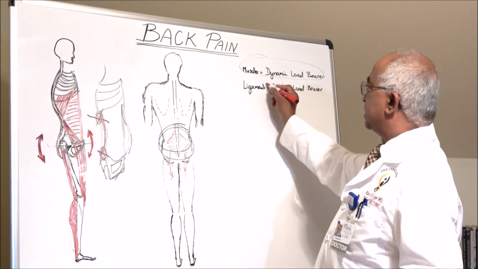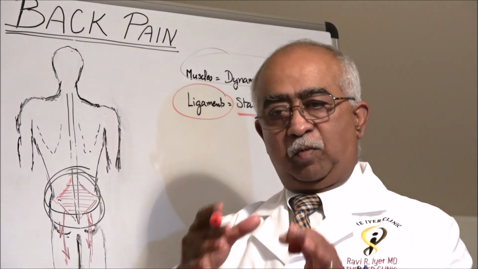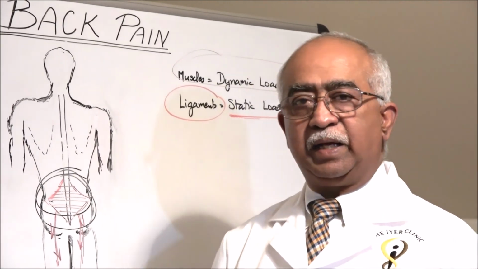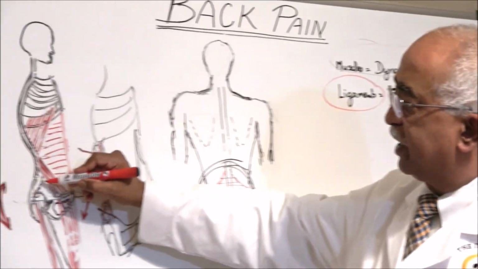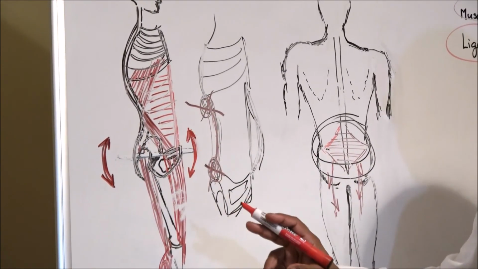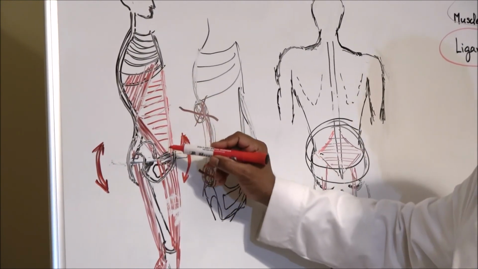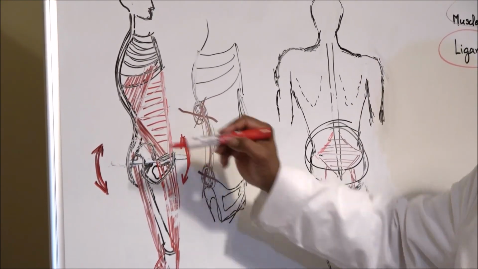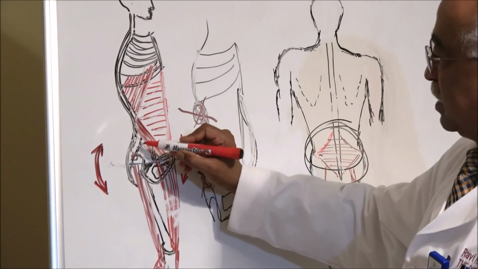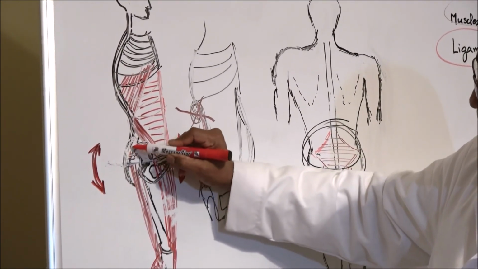By contrast, ligaments are static load bearers. That means if a ligament breaks at 100 pounds, it will break always at 100. It will not ever break at 110, and it will not break at 90. So ligaments are relatively fixed in their ability to hold our skeletal structure together. It's the muscles that hold them together through all the movements. And if these muscles are weak, then the brunt of the burden falls on the ligaments, and that's when the ligaments basically fail. And when that happens, there's a microscopic shift in the pelvic area right here,